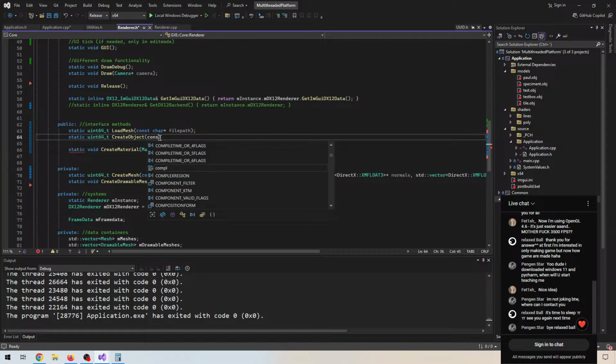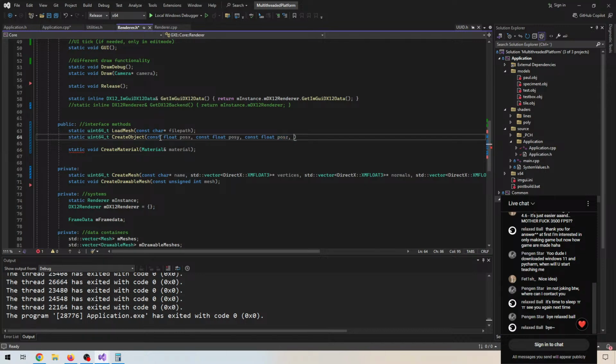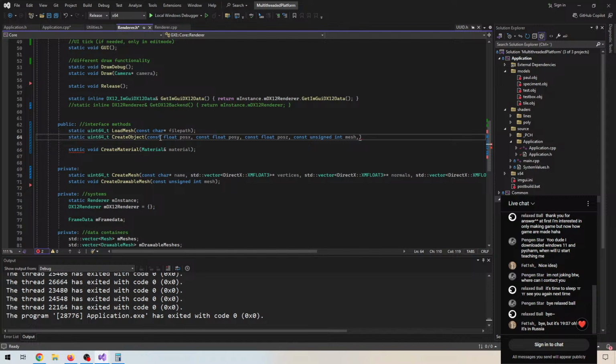Okay, we will create an object with a float x position, y position, and c position, and with a mesh, and then